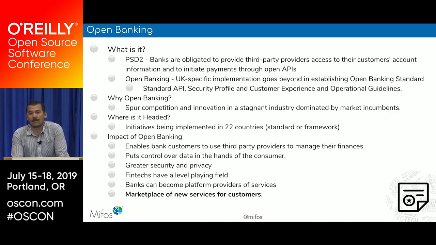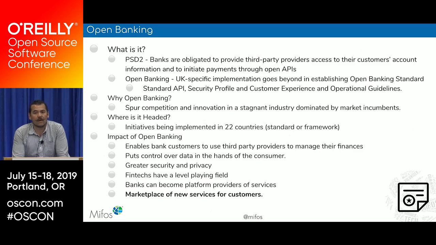Over 97% of the adult population there has a current account, but more than 70% of these current accounts are held by the 4 largest banks there, and most of those banks just rely on overdraft fees as their source of revenue and not delivering new services innovation. And so PSD2 is mandated for all financial service providers across Europe, and then open banking is a UK-specific standard,